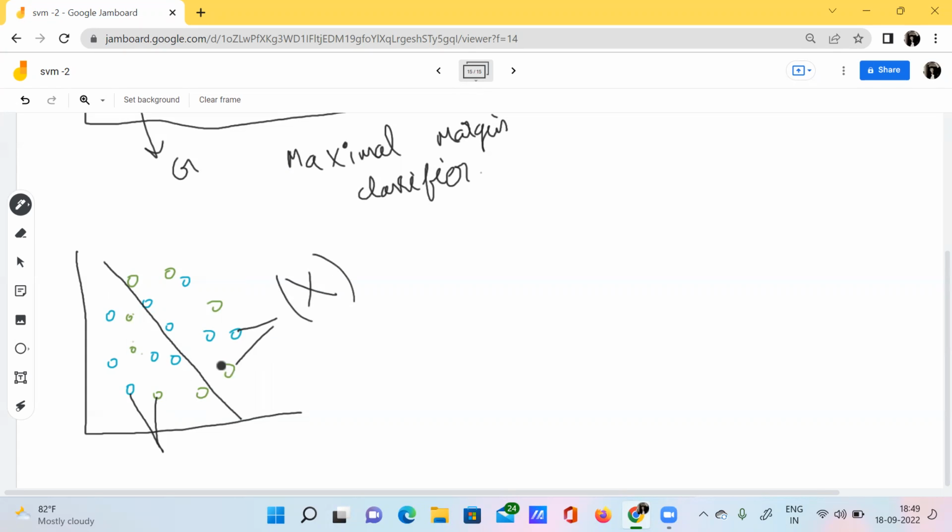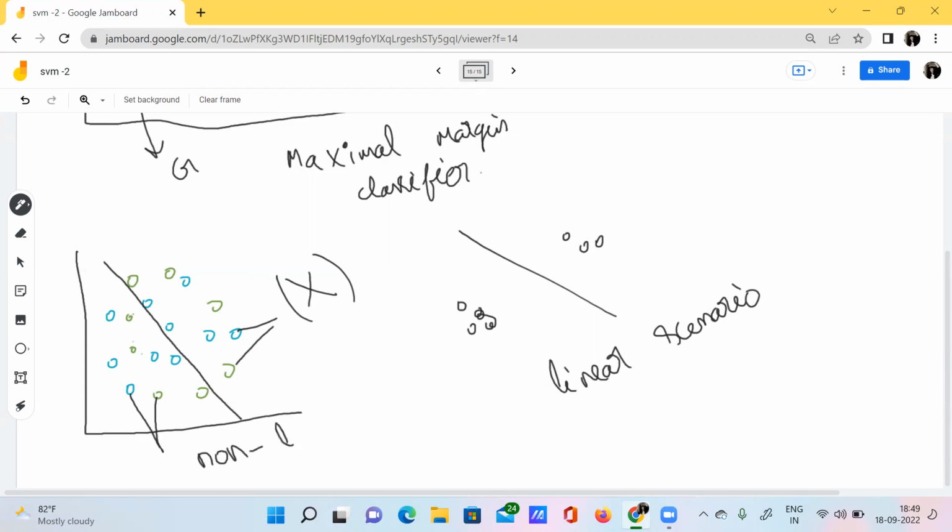Why? Because the scenario here is non-linear. For example, if I have some kind of group like this and some kind of group like this, and I want to separate them, I can draw a simple hyperplane like this. But what if I have a scenario like this? Can I draw one? No, I can't separate the two classes like this. So this is a linear scenario. But here, it's a non-linear scenario.